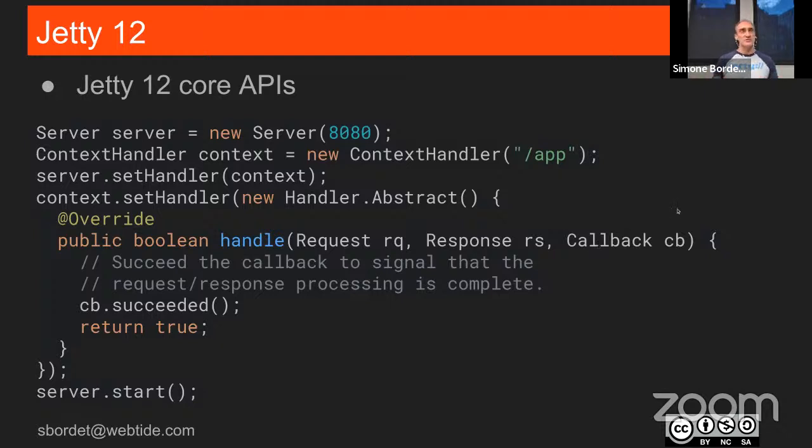The request and response are very similar to the Jakarta request and response. The callback is there because in Jetty, everything is asynchronous. And so we allow you to be a lot more efficient by doing that, and we have the callback. Now, the question becomes, do we go into callback hell, right, which is the typical JavaScript problem? The answer is a little bit, but not too much.